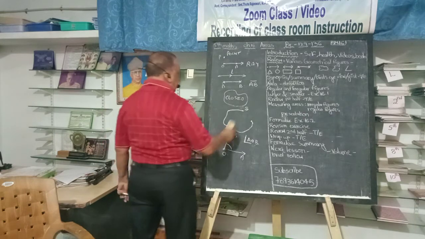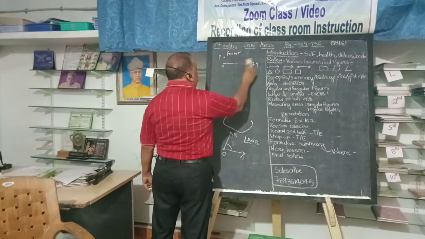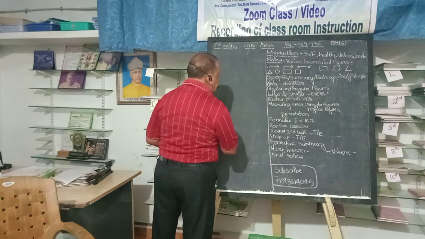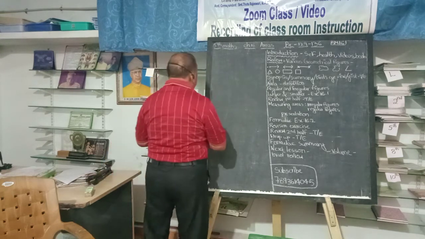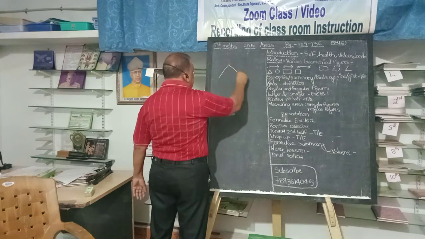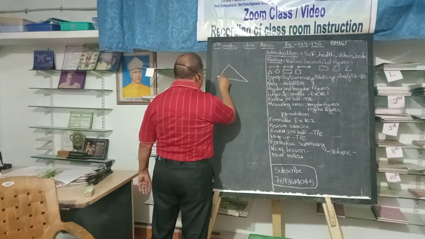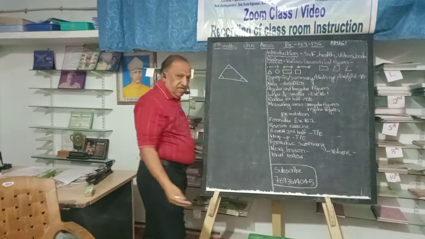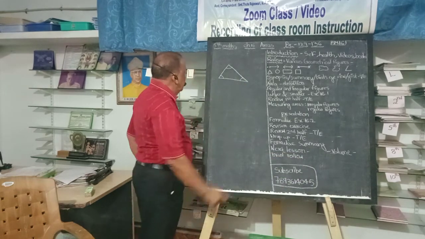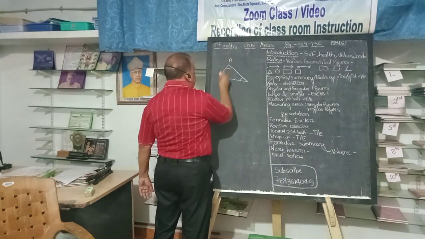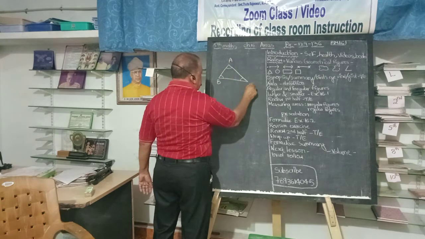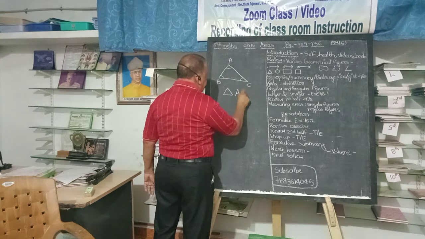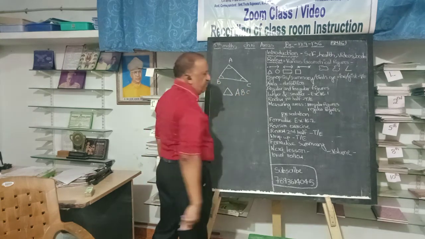And then now we are getting into closed figures, like for example here a triangle. A triangle has three angles. This is one angle, this is another angle, this is another angle. That is covered in the previous lesson. So let's say triangle A, B, C. Triangle ABC. That's how you represent it.